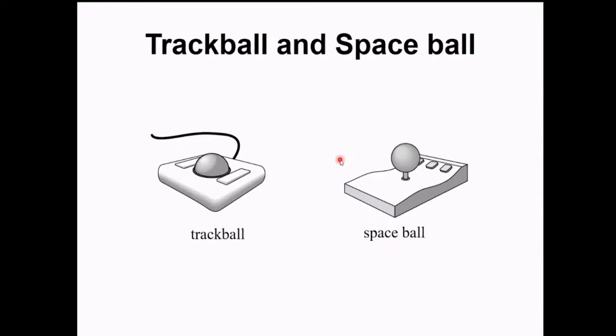The space ball is embedded with a sensor that is able to sense the pressure that you are applying to the ball. Based on the pressure, it would do some functionality for you as the developers have programmed it. Very high pressure would move your character very fast, and a low pressure would give you a slow movement or something like that. So that is the basic sensor that is embedded into the space ball.